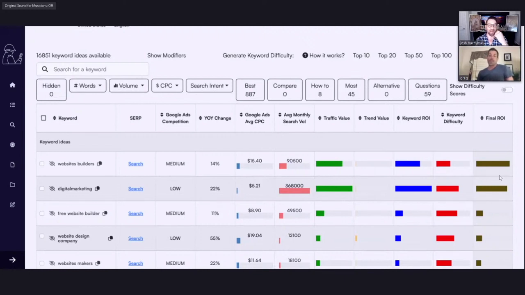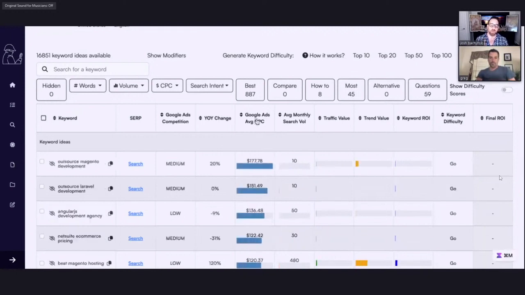And our AI analyzes it. I don't know how you beat that. Our AI analyzes it and goes in and finds more topics for you that are on topic. So thank you, Greg, for reminding me. We've built so much into this, I forget. What other tool will let you put in one seed keyword and give you 16,000 options? I guarantee you will find better keywords with this than the one you chose and the one you thought you were going to go with.